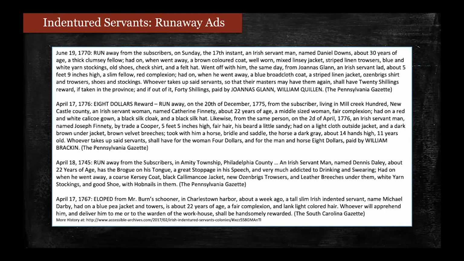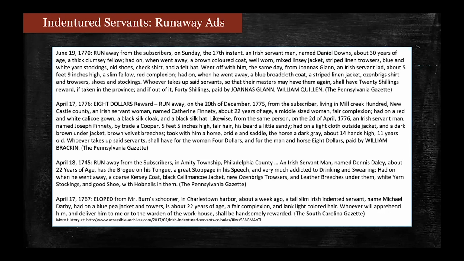Daniel Downs, about 30 years of age, a thick, clumsy fellow, had on when he went away a brown-colored coat, well-worn, mixed linsey jacket, striped linen trousers, blue and white yarn stockings, old shoes, check shirt, and a felt hat. Went off with him the same day Johannes Glan,